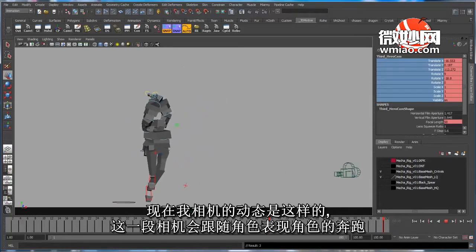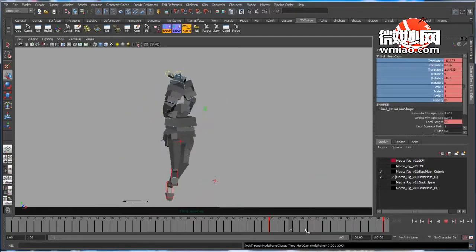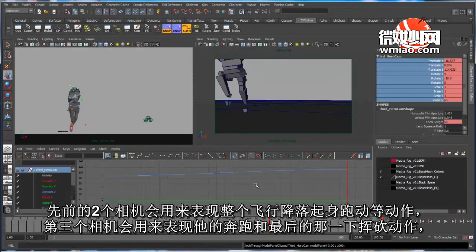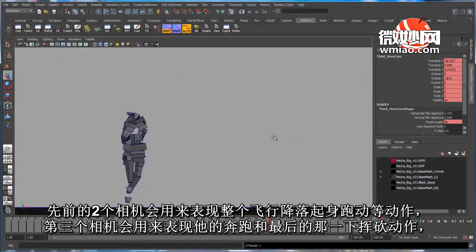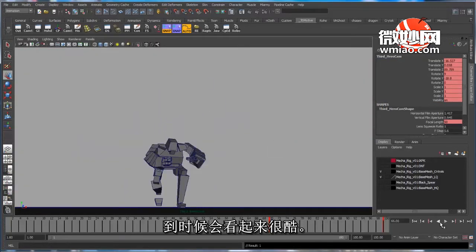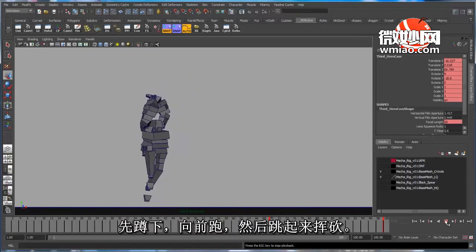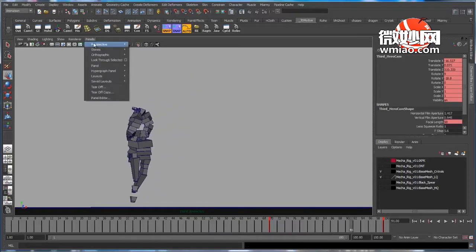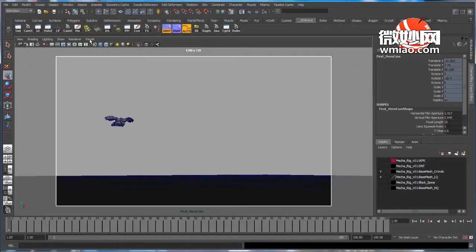So this is the motion that I have. It's basically going to be tracking his run cycle and the hack and slash. The first two cameras are going to hold his action, and then the third camera is going to hold the run and the last hack. So that's going to be cool. He comes flying down, running, and then jumps and hack and slash. Yes, exactly what I was thinking. Anyways,